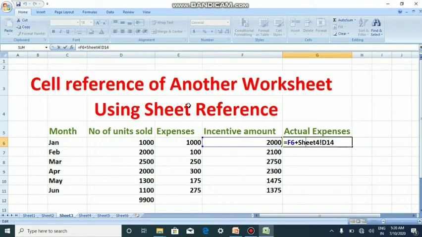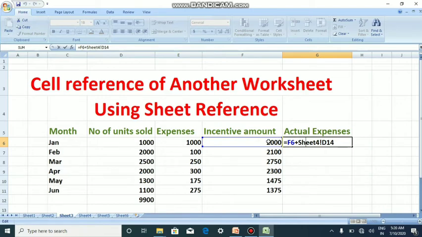We'll see the second method, that is the sheet reference method. In this, it uses the sheet number with an exclamation mark and a cell address to refer to another sheet's address. We'll see how. In this example, I'm going to find the actual expenses by adding the incentive amount.